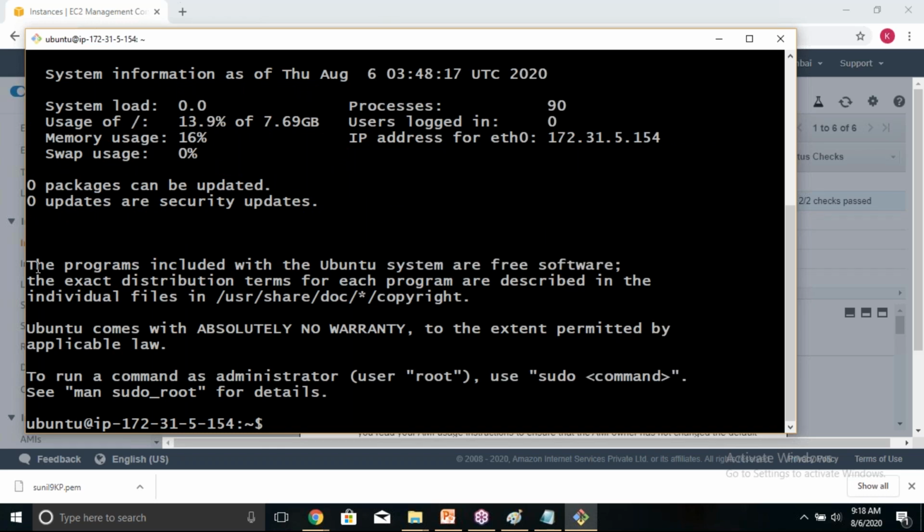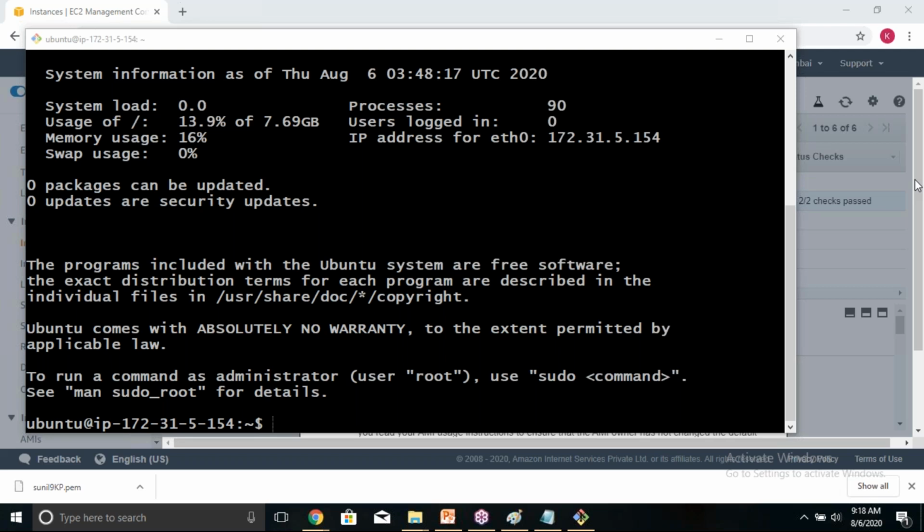In Putty, what is the additional task? What you need to do is to convert the PEM file to PPK file. Am I right, Uttam? In the last session, using Putty, we converted a PEM file to PPK file, and then we connected using Putty. Whereas in Git Bash, you don't need to convert the PEM file to PPK file. Directly using the PEM file, you can open the terminal and then connect.